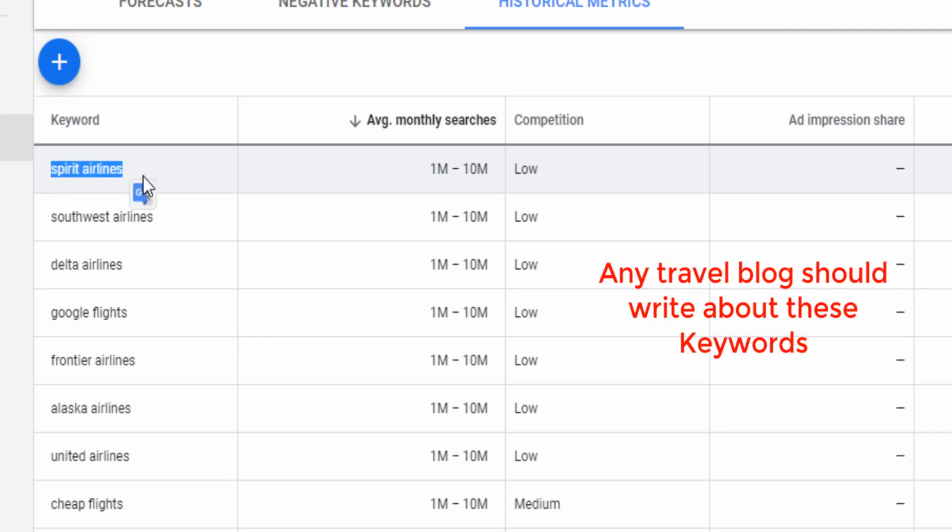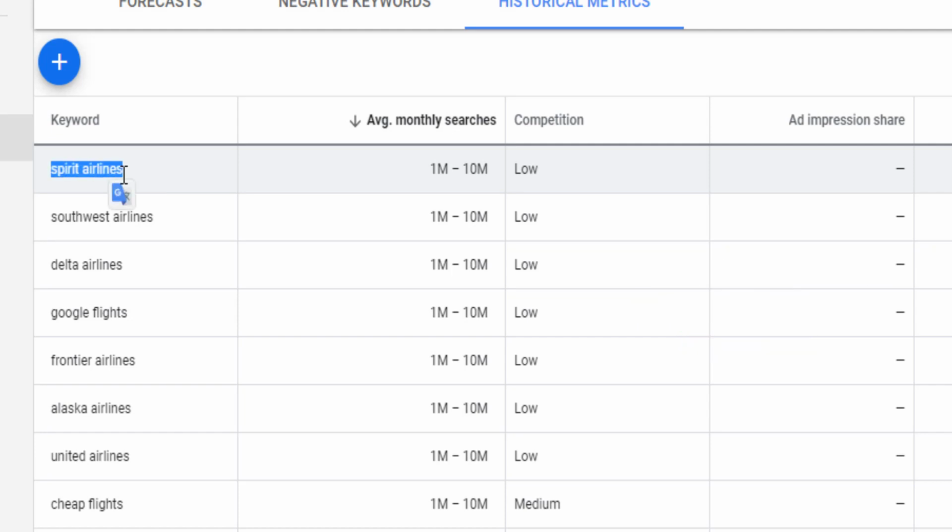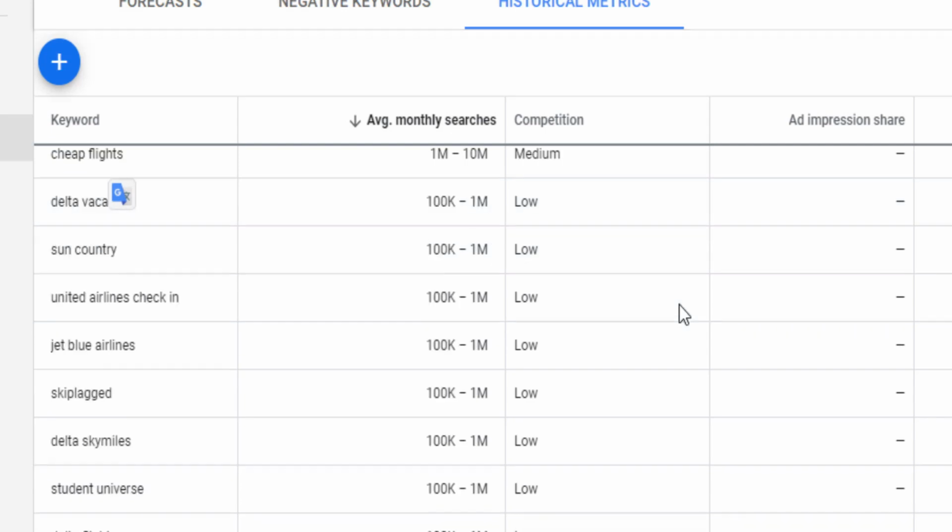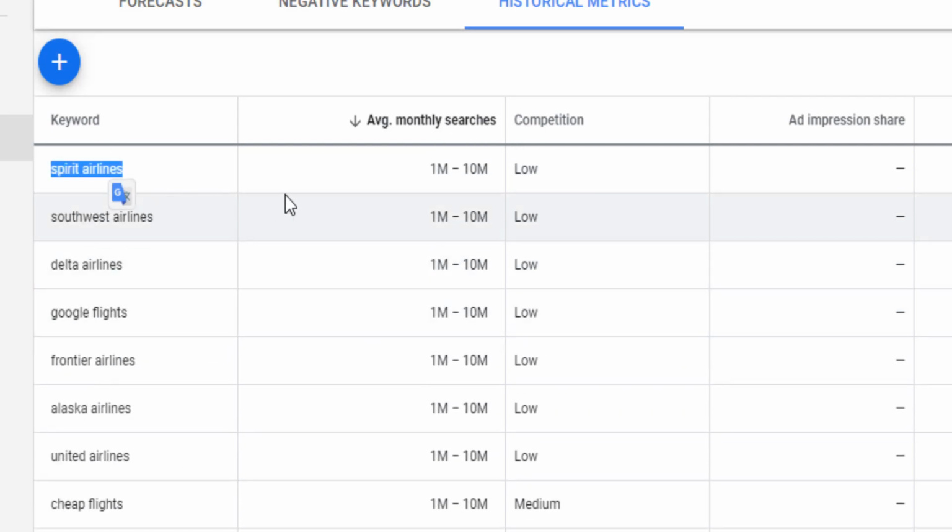if you, for example, have a travel blog, right? And maybe you use Spirit Airline regularly, or maybe you work for Spirit Airline or Southwest Airline and you also have a travel blog, right? So what you can do is drive a lot of this traffic back to your website using this type of keyword. So if I take, for example, Spirit Airline,